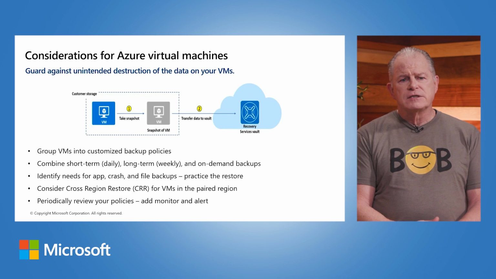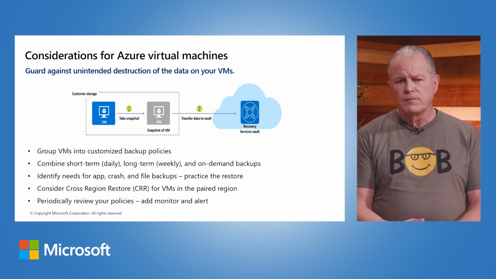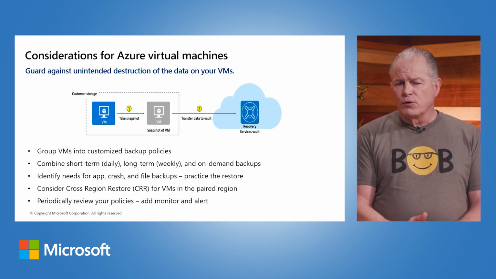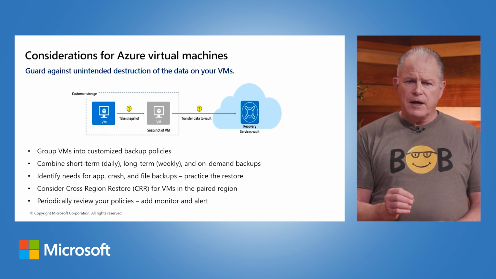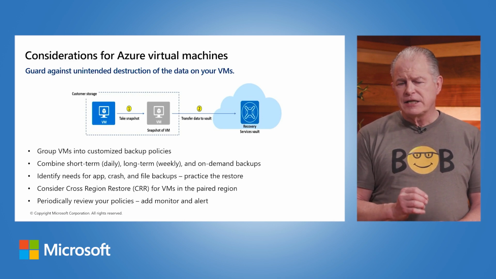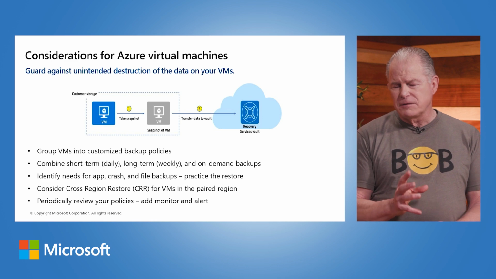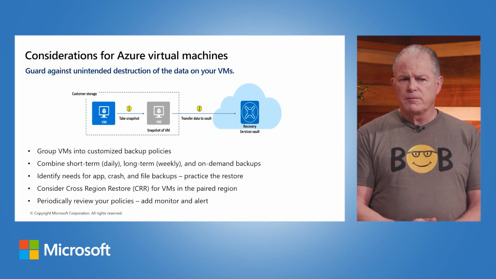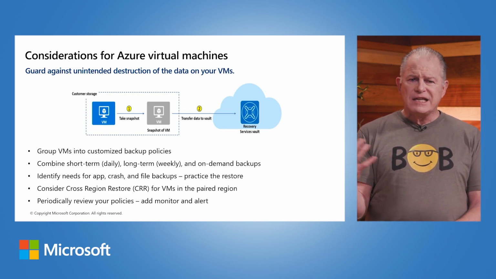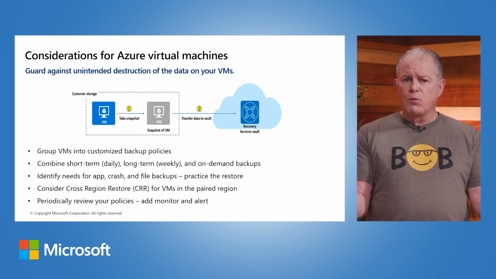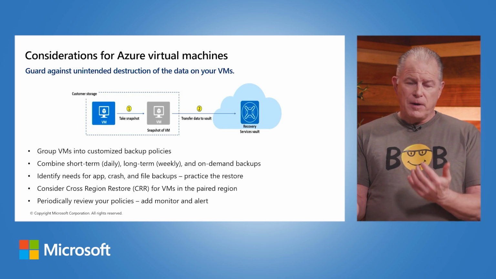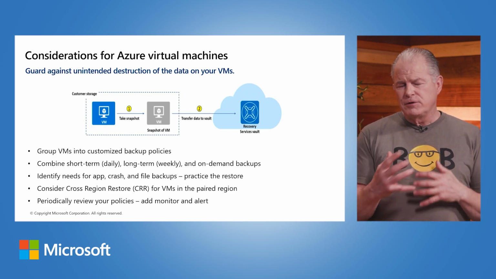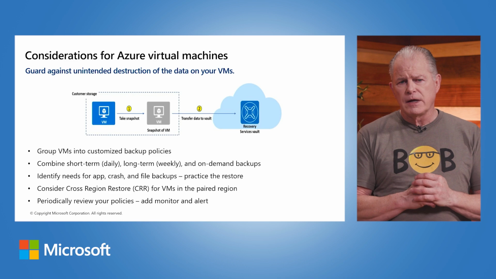When you take a look at the consideration of a cross-region restore, or that CRR that it talks about, when you deal with a thing called a region pair, we talked about this in another module. Region pairs are a service that is managed by Microsoft that you don't get to pick the region pair. I'll use North America as an example. US East is paired with US West as the two different regions. US East 2 is paired with US Central. And we do that for a bunch of reasons that I won't go into right now.